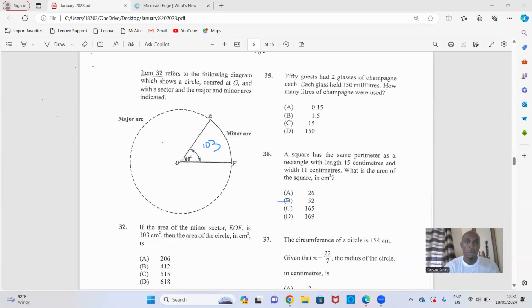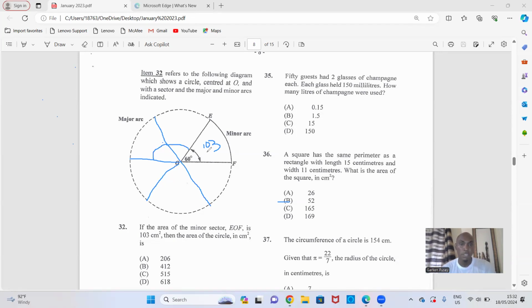So we know, let's see what we can get from this. If this is 60, we know angles in a circle is 360. So what I can do, I'm going to divide this circle. All right, so this is not perfect, but this is 60 as well, and this is 60 as well. And if we do the same thing down here, 60 and 60. Because if you add up this 60, 1, 2, 3, 4, 5, 6. 6 times 60 is 360 degrees. So you can have 6 sectors with angle 60 degrees in it. So it means, therefore,